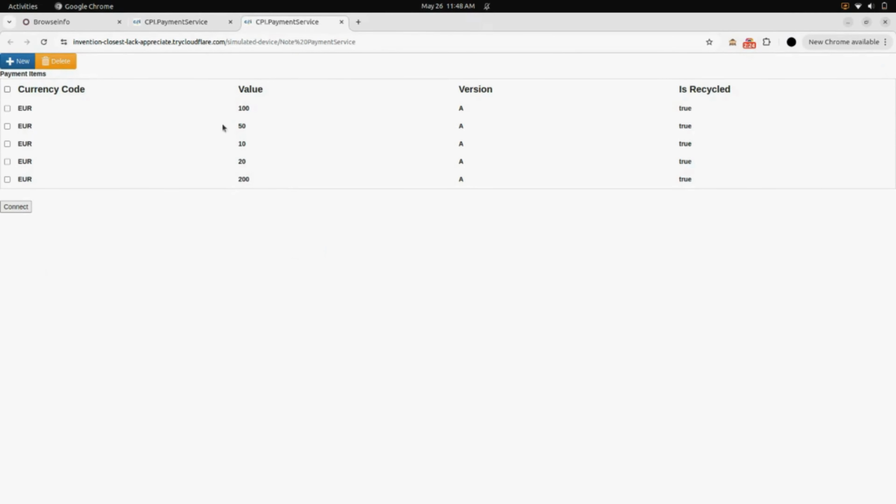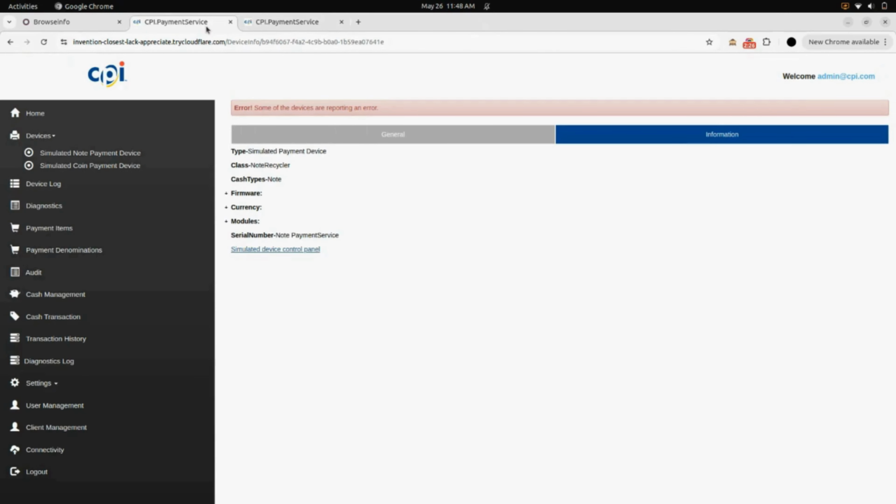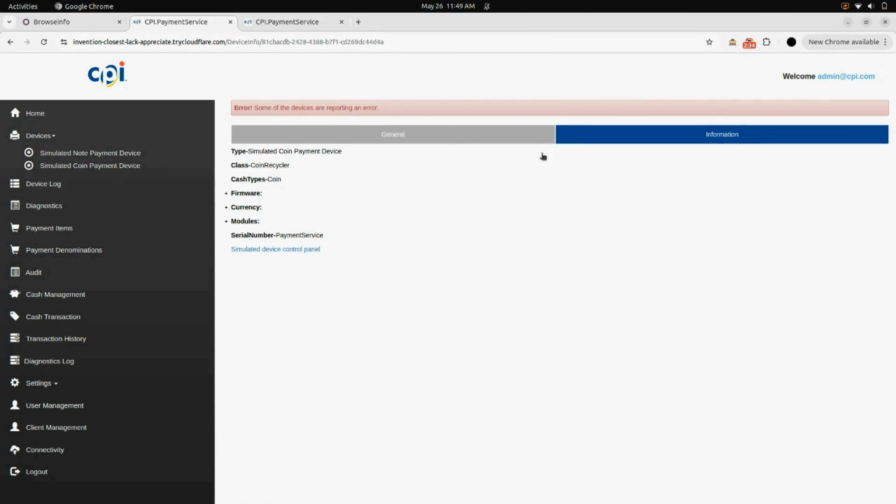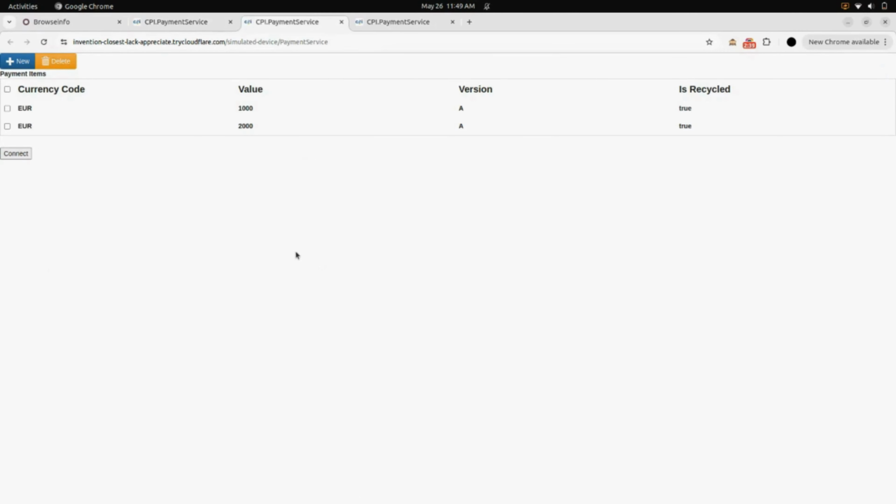And we are again going into the CPI payment service, and we are going to open the simulated coin payment device. And in here also we are going to go into the information, and click on simulated device control panel. So first of all, we will go into the note